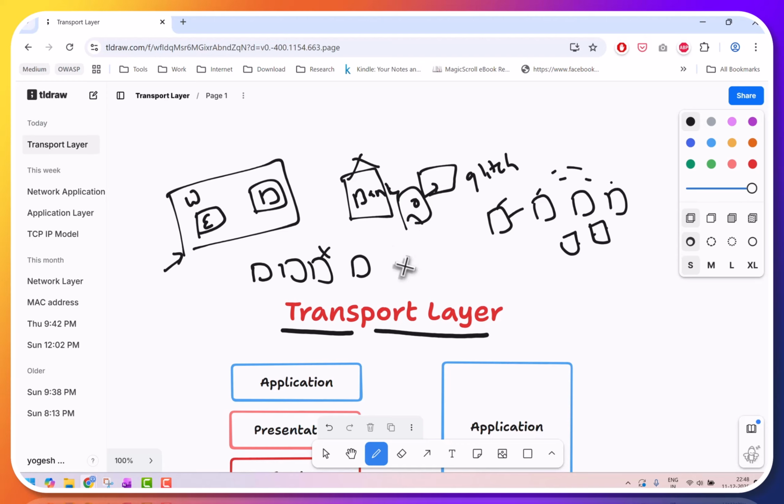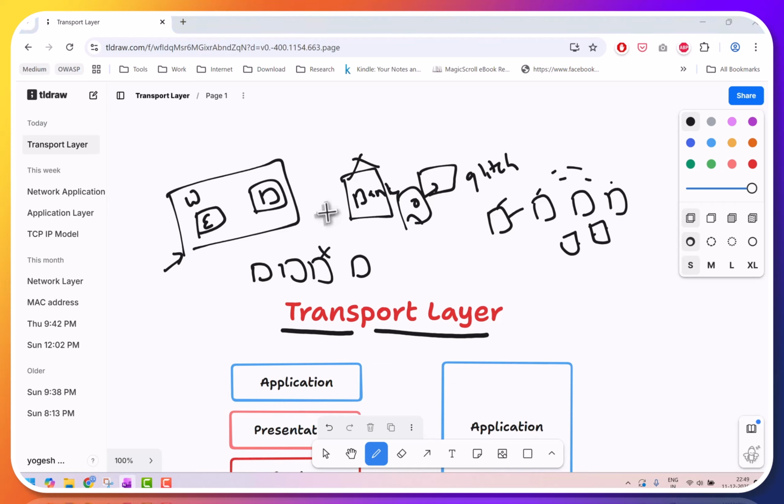Sometimes without the transport layer, your app would receive wrong data. Downloads would become corrupted. Video calls would lag every second. All these things happen if there is no transport layer. So in this session we will try to understand the transport layer in detail, so that you get answers to all these questions and how it actually happens.